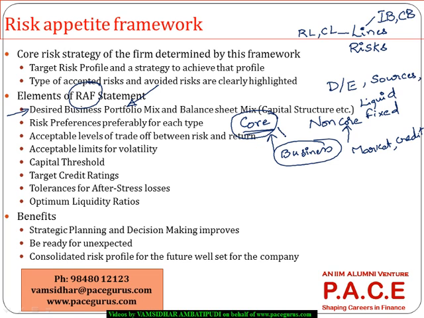So it may so happen that the company may accept the core risk, whereas it may diversify or hedge these non-core kinds of risk. So as a part of the designing of the framework, we need to understand the risk preferences the companies have for each type of risk. When I say each type of risk, probably I'm looking at market risk, credit risk, operations risk, business risk, liquidity risk, so many such kinds of risks. So I need to understand what is the priority or the preference of the company to each of those risks. Then I'm looking at